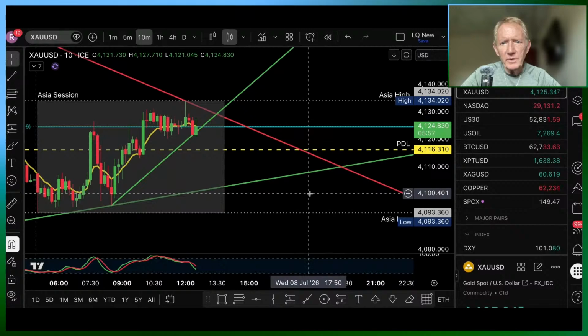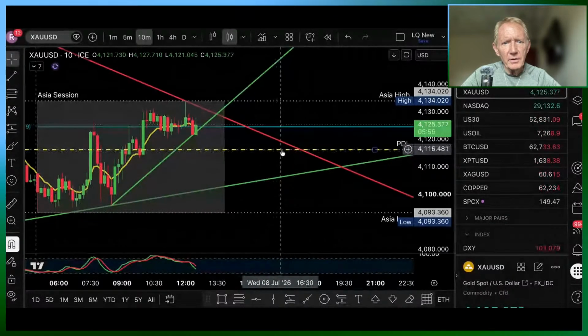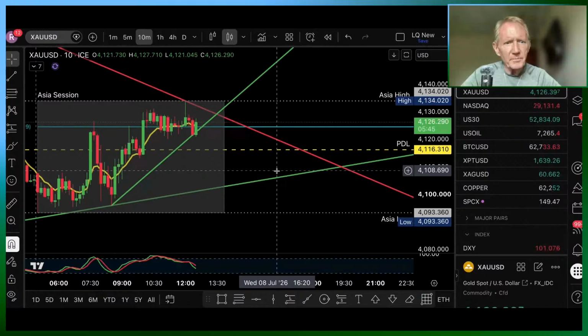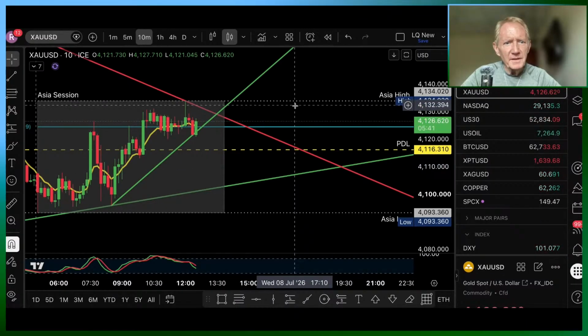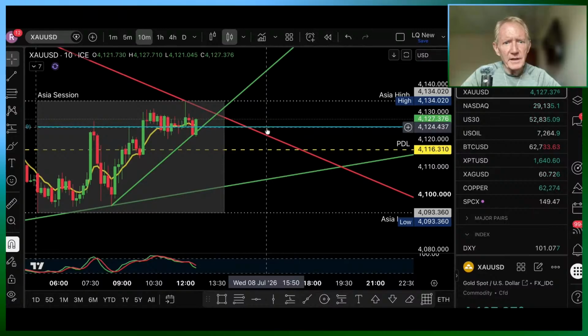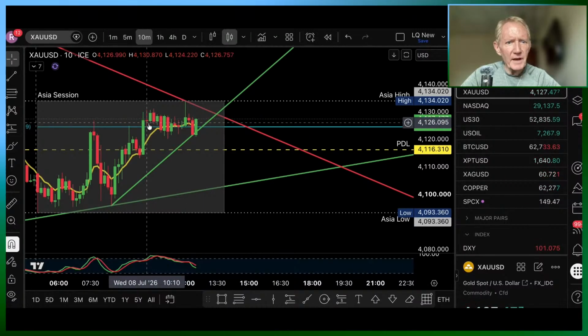So what are we looking at with gold? We got our previous day low here, and gold is bearish on all the time frames. Daily, 4 hour, 1 hour, bearish on all the time frames. So what's it going to do? Just staying around this pivot point today, well, the last couple of hours,